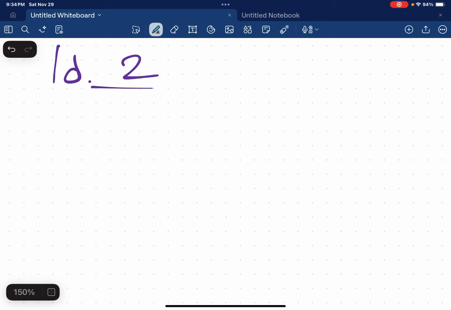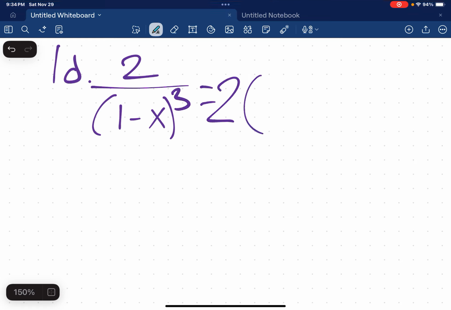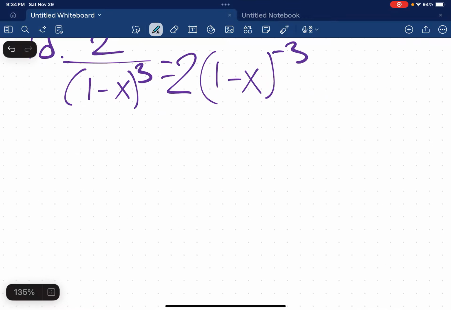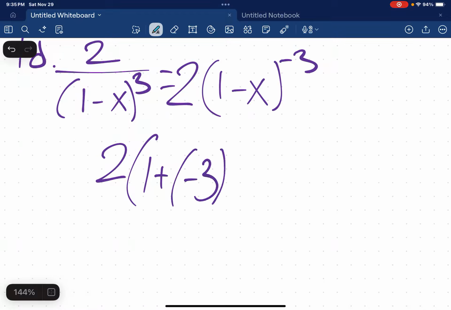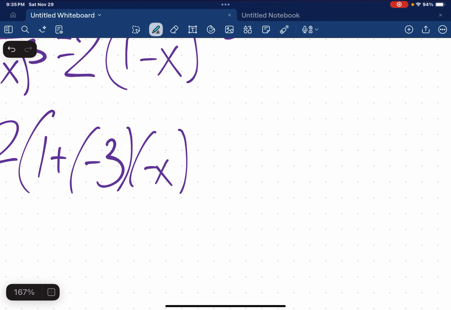We're going to have 2 divided by 1 minus x cubed, is that? It is cubed. And remember, this is just going to be 2 times 1 minus x to the negative 3. And now let's set up our little binomial thing. We'll take the 2 out from the outside. We'll have 1 plus negative 3 times negative x